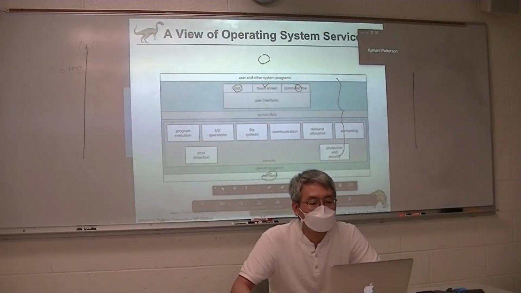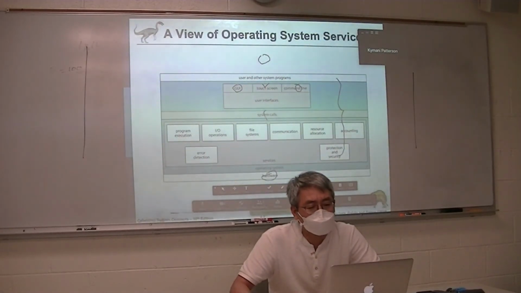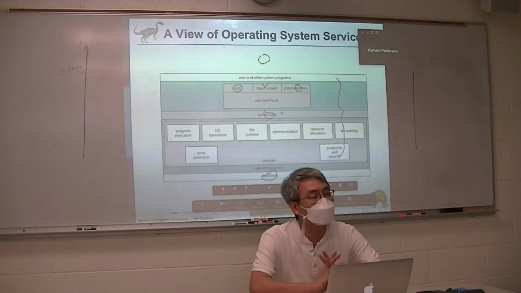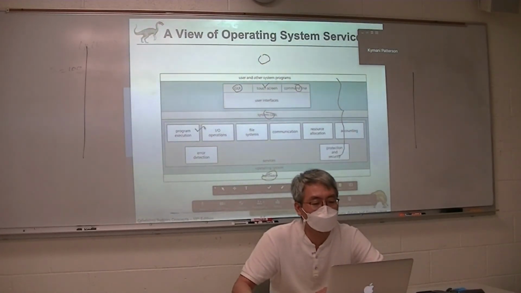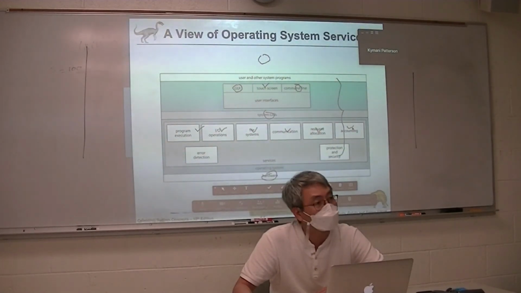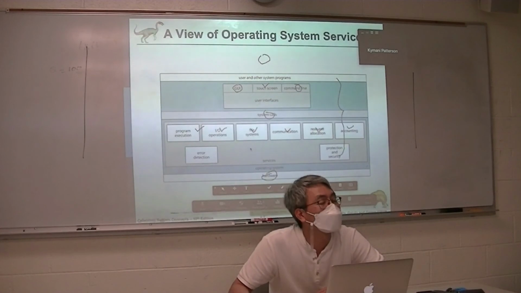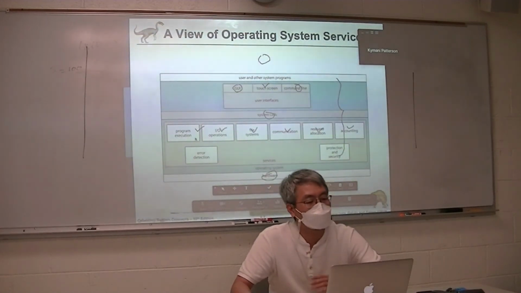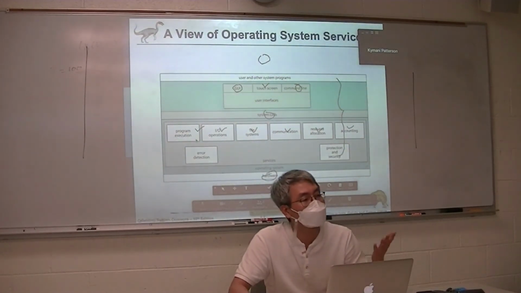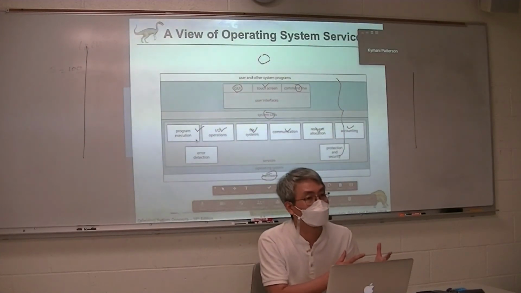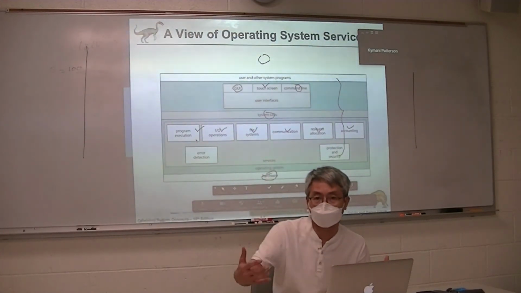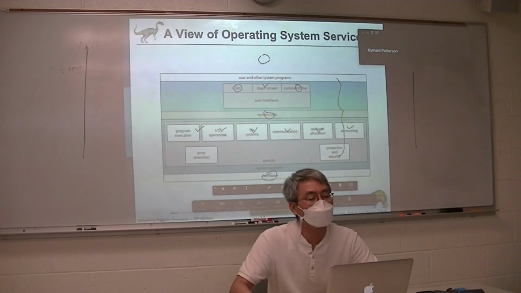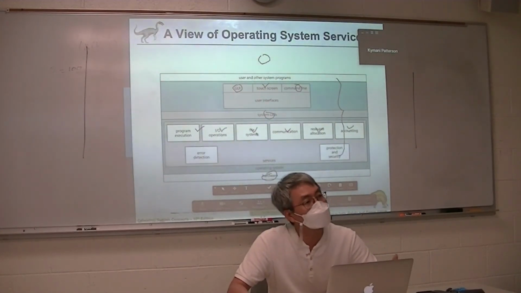In the last class we talked a little bit about system calls. We have a bunch of services, and today we are not going to cover each and every one. I just want to remind you. We have services like program execution, which is the major part of the operating system: to start the program, to create the program, and also to manage I/O, the file system, and so on.